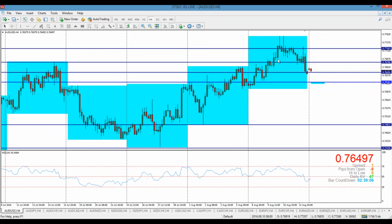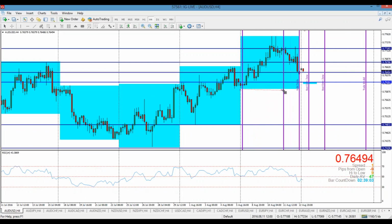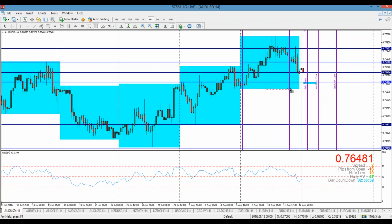The only downside to this is that maybe the second leg of the trade is forming a bit too fast. So based on our rules, this is happening a bit too fast. We need to wait for this. So I'm not going to take this on the Monday. I'm going to wait for it at least to come in around, well, I would say the 16th, which is the Tuesday. You could see that it's moving down pretty quickly, but I wouldn't be too keen on this. If it hits here, I'm going to wait for consolidation and then take it,